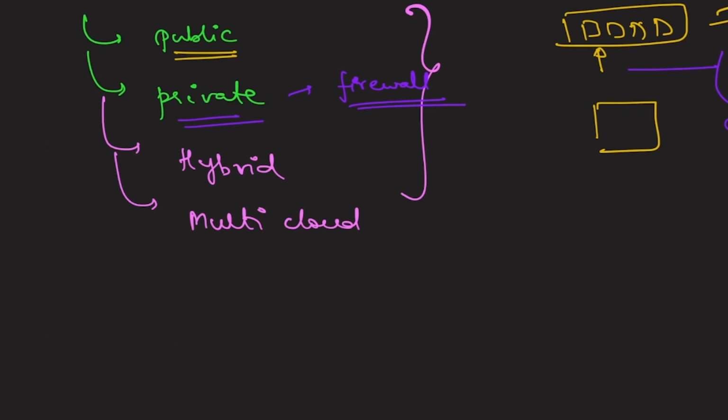Now, the next one which we have here is hybrid. These days, hybrid is a term which is used at multiple places, and one common place where we use it is organizations. People will be asking you, are you working from home or working from office or hybrid? So, when we talk about hybrid, what does it mean? Combination of two, right? Similarly, here when you talk about a hybrid cloud, this is going to be a combination of public cloud and private cloud.